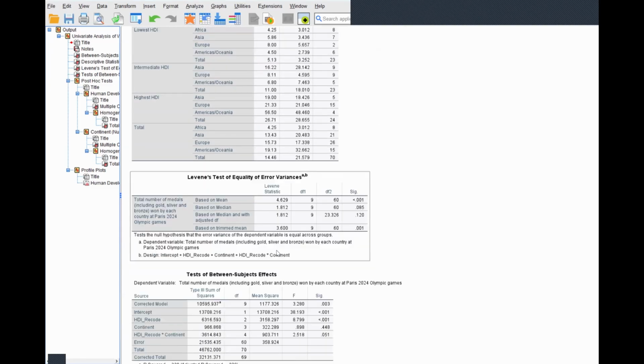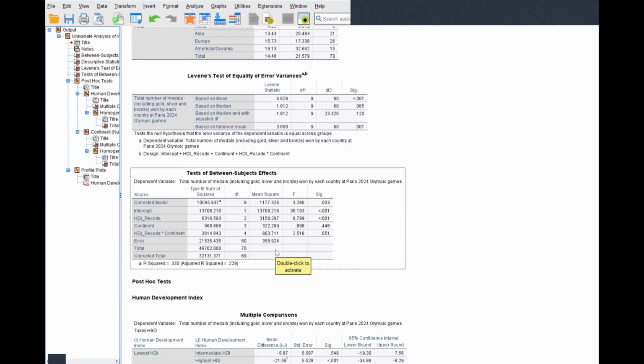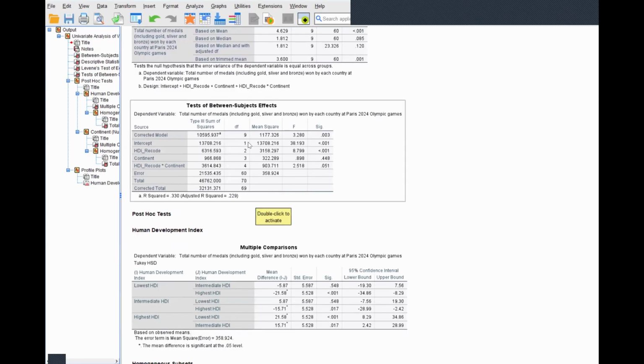You notice that, and this is the two-way ANOVA result, and you see that the HDI recode is significant, which we already knew from our one-way ANOVA. What is interesting is that there seems to be an interaction happening between the recode and continent. Its p-value is 0.051. It's very close to 0.05. And remember, the sample size is really 70. So if the sample size was slightly more, this number would probably be less than 0.05. Okay, so we can definitely see there is a significance,